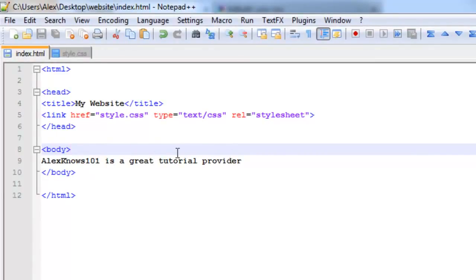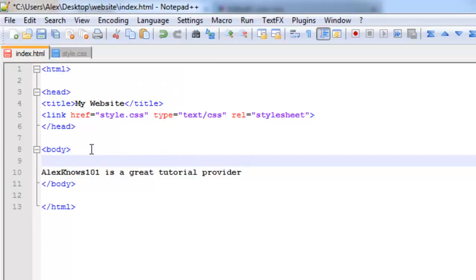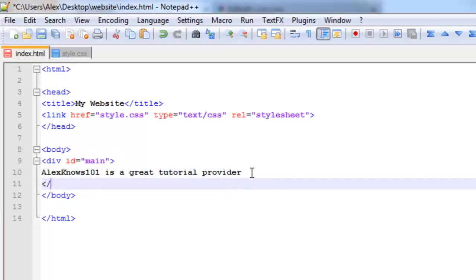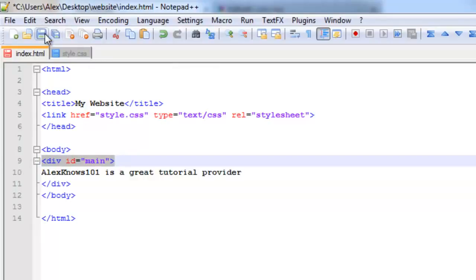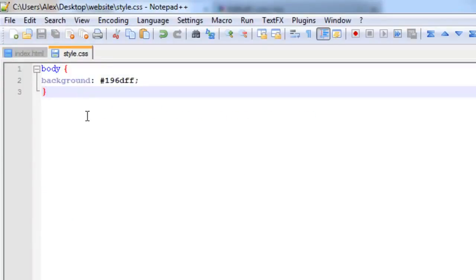So we're gonna have to go into CSS and HTML to do this, but basically what we're gonna do is after our body tag, we're gonna create our own new tag, not a predefined one. And all our user-defined tags are going to start out with div, bracket div, and then we're going to have id equals quotation mark main, and then after our text we're going to write bracket slash div, just to end that. So we'll save that quick, and then we're going to go back into our CSS sheet,